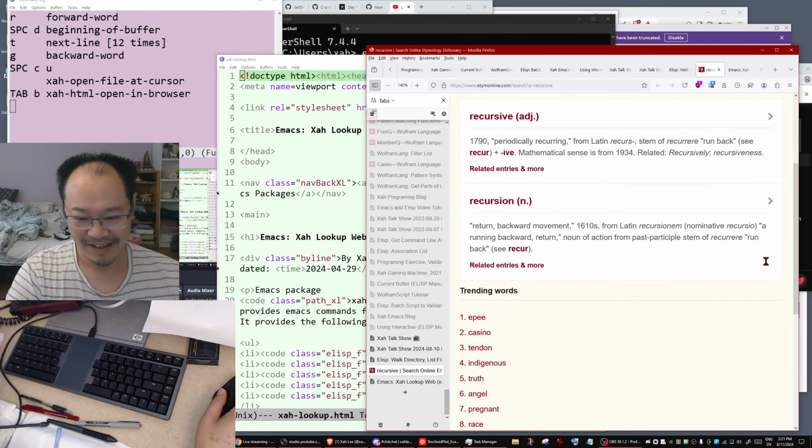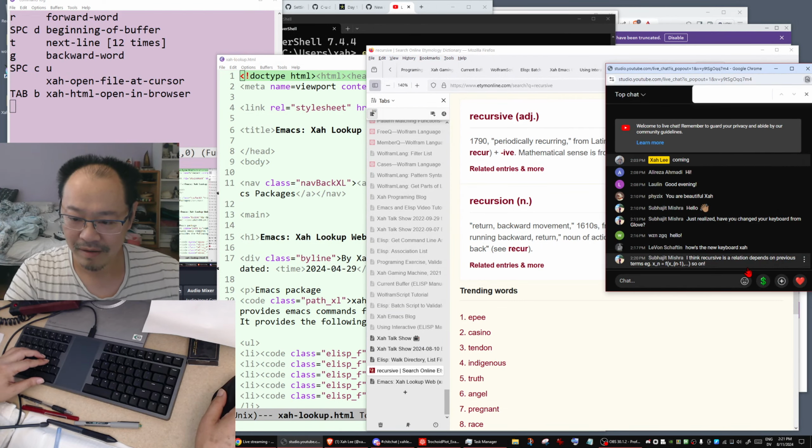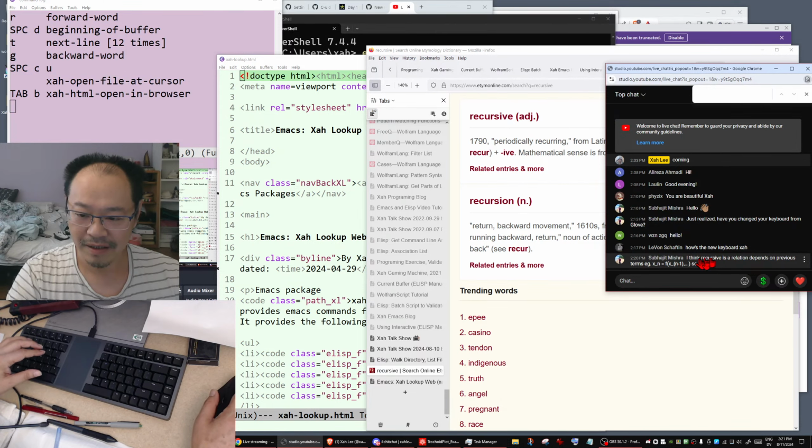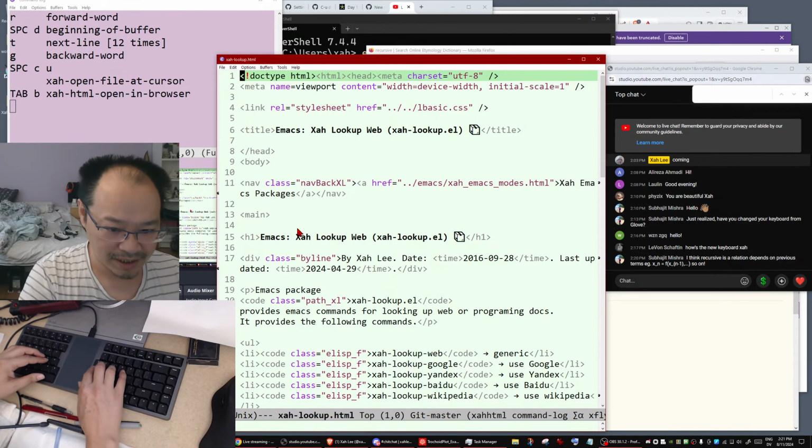Okay, yeah, I guess so. Yeah, so that's a good definition in computer science, recursive. Okay, so anyway, let's go back to